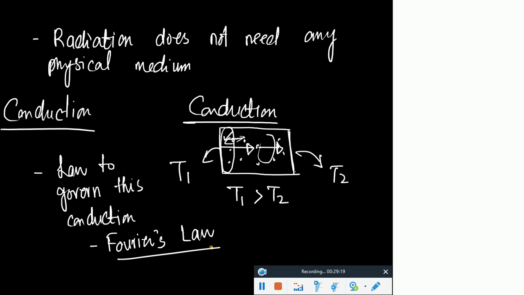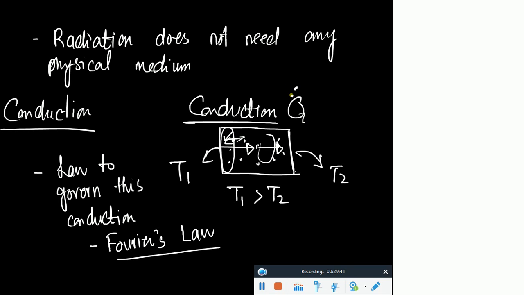Again, this Fourier law is kind of an empirical relationship. Why is it an empirical relationship? Because it has not been deduced from fundamental principles. You did not apply any law of conservation of energy on a system and then come up with this. No. What people have done is, they have seen that heat transfer rate,